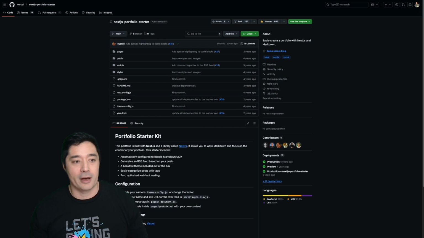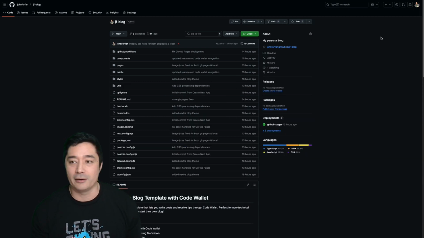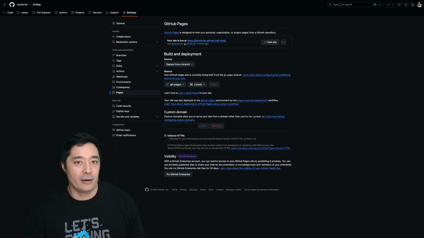I've cloned this, and then I've added in some styling, but basically the Code Wallet integration. I'll get into how that's configured when I open up Cursor or VS Code. And probably the big one is when you deploy that on your own repo, so if you were to clone that, you can configure this yourselves